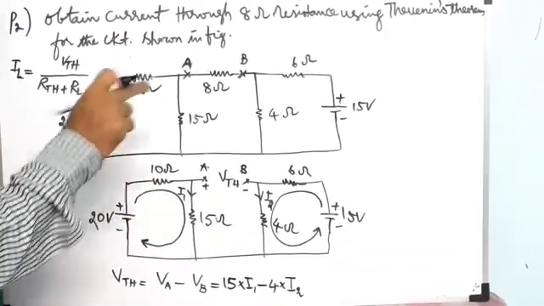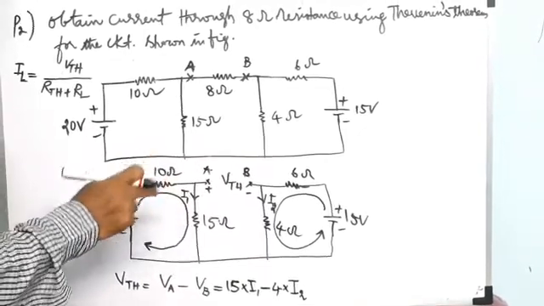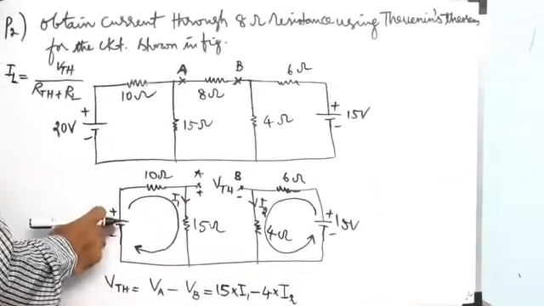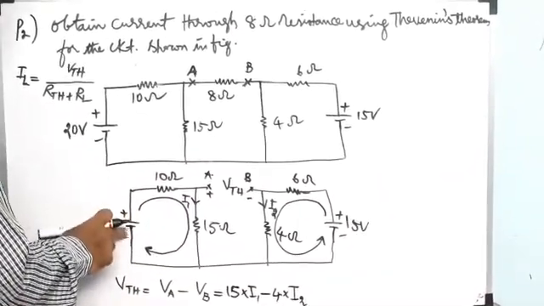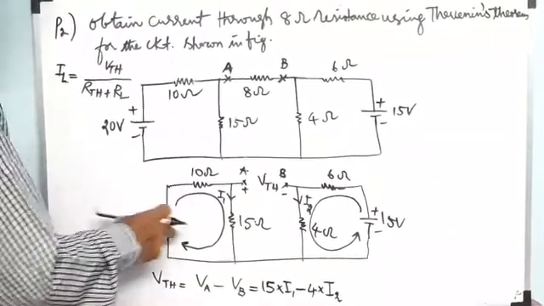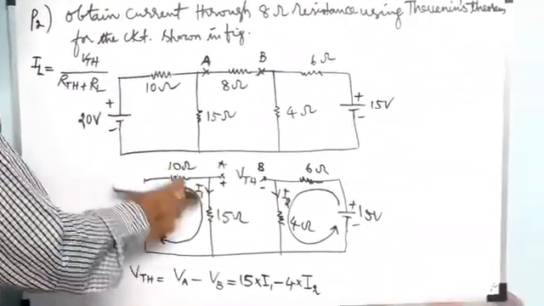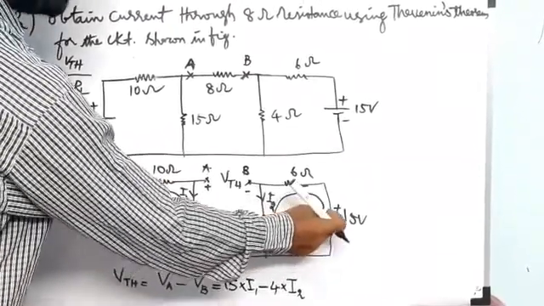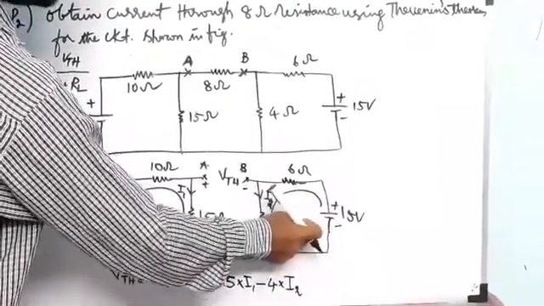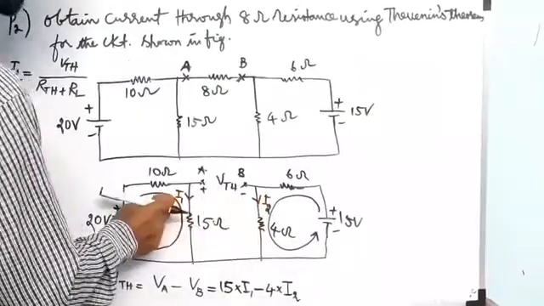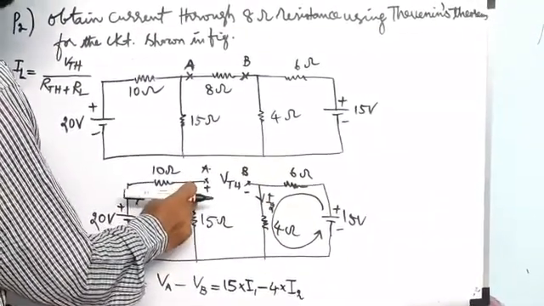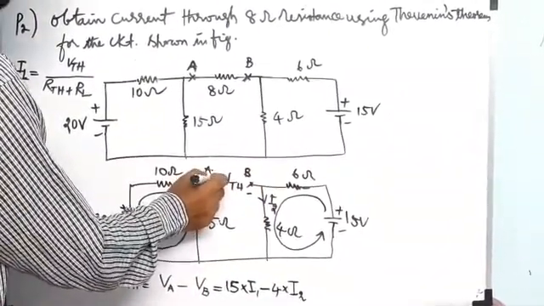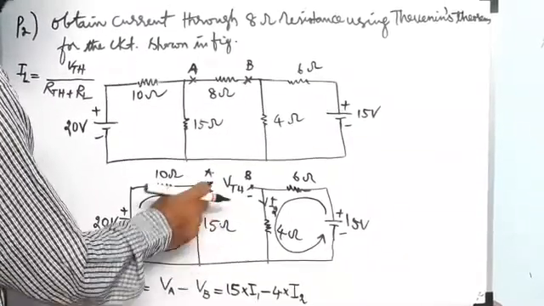My direction is always clockwise, whatever it may be. But one more condition you can apply: based on the polarity of the voltage source, you can draw the direction of current flow, from the positive terminal to the negative terminal. So my direction of current is like this, clockwise. Here, positive to negative. This is I2 and this is I1. So in this loop I1 current will flow and in the other I2 current will flow. Why? Because of the positive terminal. I will discuss it later.